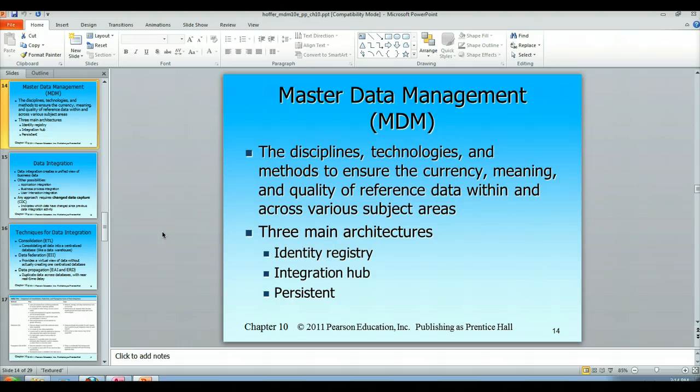And then there's a persistent approach where we take information from the disparate data sources and merge them into one persistent set. So if we continue with the example of customers, we would combine information from all these various sources into one golden record type of list. So we would have one persistent list of customers, and changes made to that list from the disparate systems would have to go through, again, data governance.